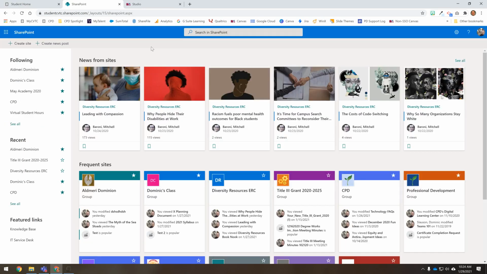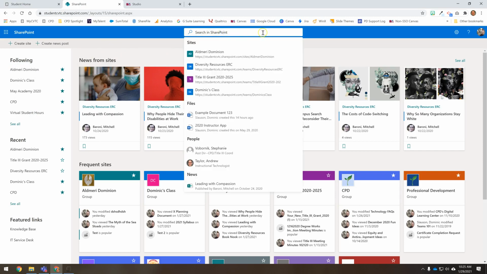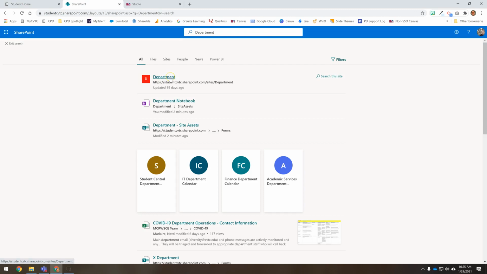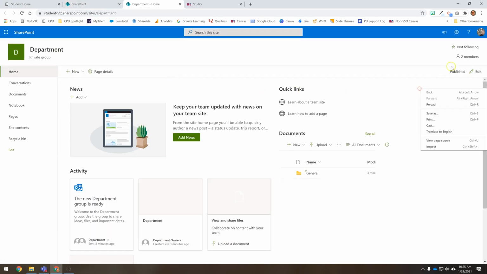If you created your team in the past, you may see it listed here on the left-hand side. If, however, it's a relatively new team, you may not see it listed. If you don't, you can search for it at the top by typing in the name of the team. Once you find the team, you can click on it, and then in the upper right, make sure you click on the star so that you follow this team. That way you can easily reference it later.